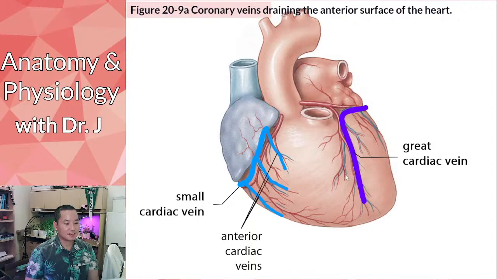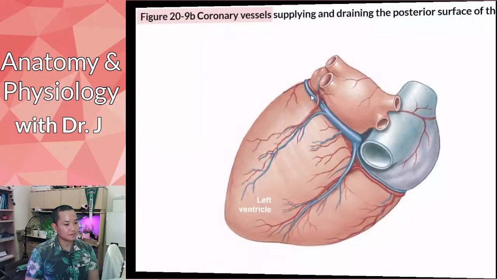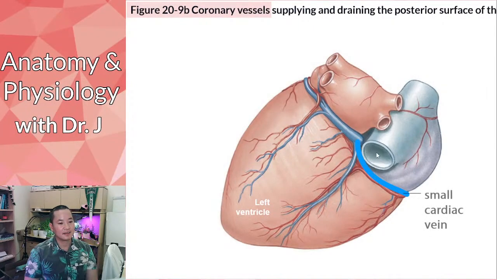And then you also have these anterior cardiac veins, and why am I not emphasizing them as much? In terms of where they are, yes, they tend to be anterior, but there might not be just 3 of them, there could be multiple, like 4 or 5 of them. So this is why I'm not focusing on them as much in terms of knowing exact locations, because these can be pretty variable. Now if you look at the posterior, what we have is that small cardiac vein wrapping around